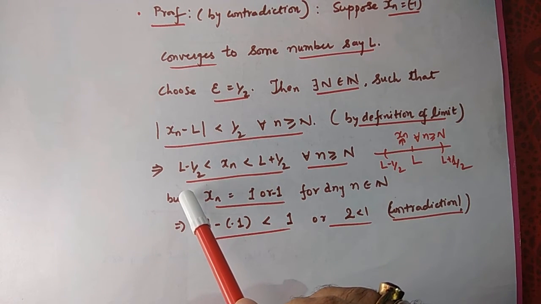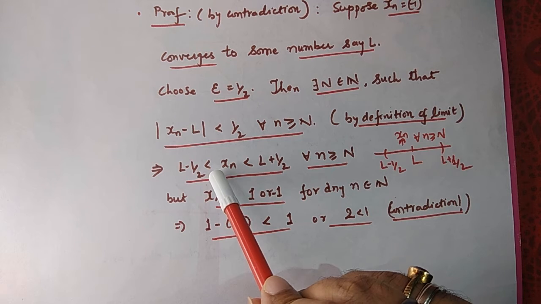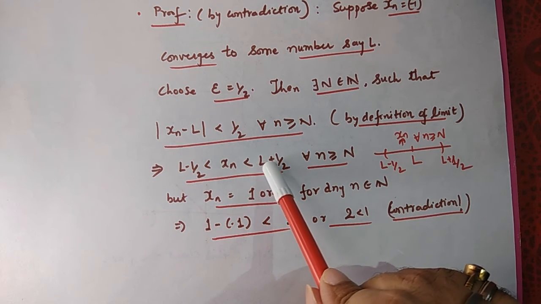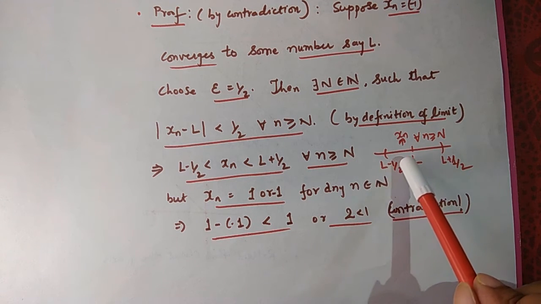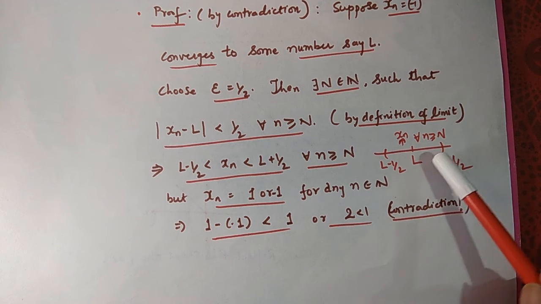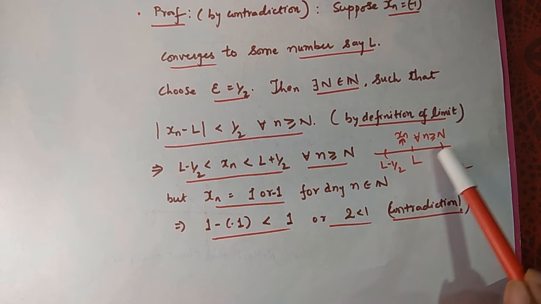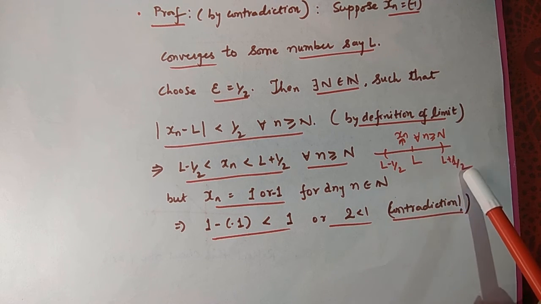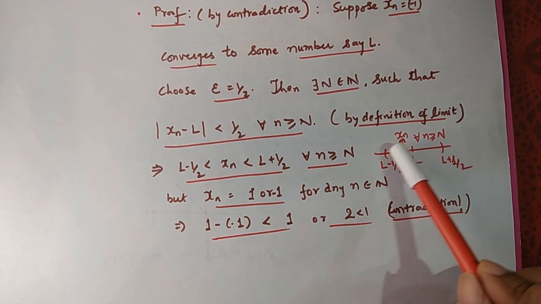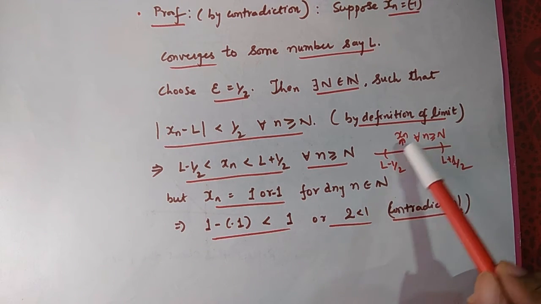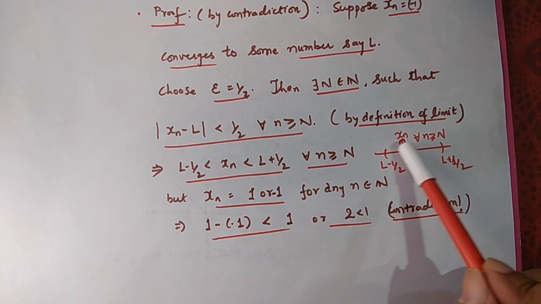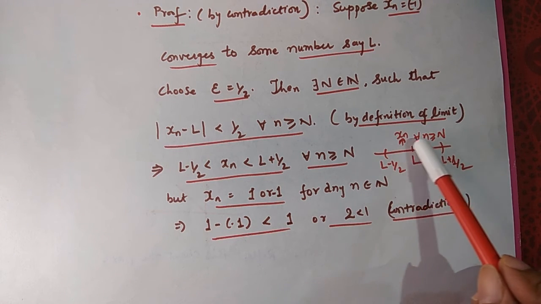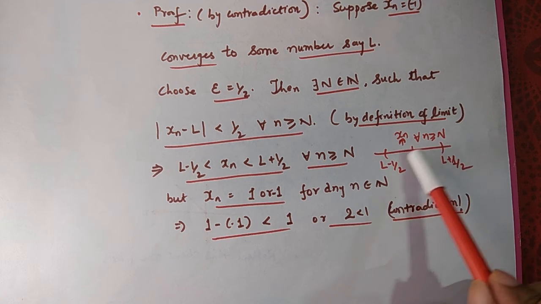But this implies that L minus 1 by 2 is less than xn is less than L plus 1 by 2 for all n greater than or equal to capital N. That means all terms of the sequence lie in this neighborhood of L, which is of radius 1 by 2. But the terms of the sequence are precisely 1 and minus 1. So both minus 1 and 1 should lie inside this interval. And therefore the distance between 1 and minus 1 can be at most equal to the length of this interval,